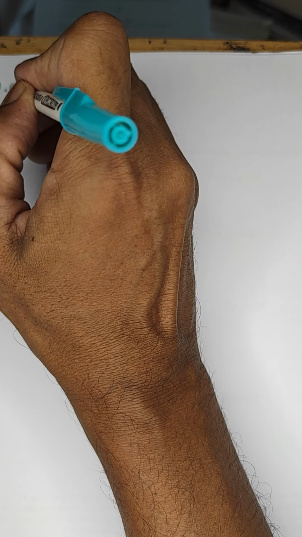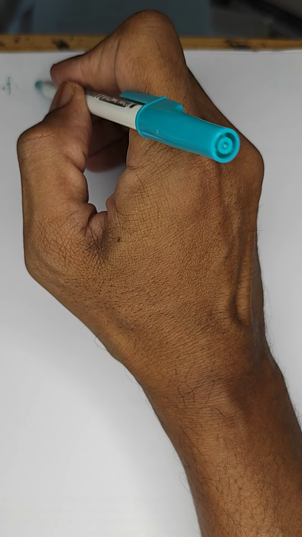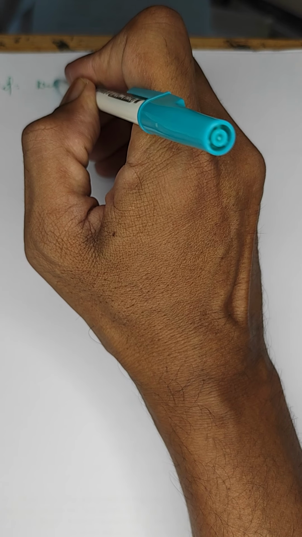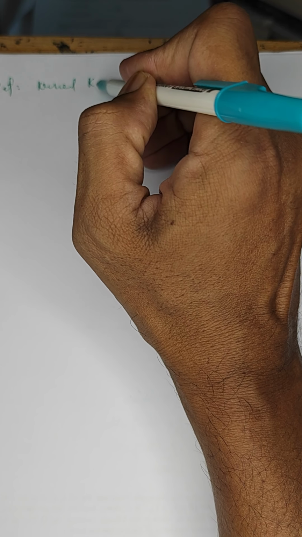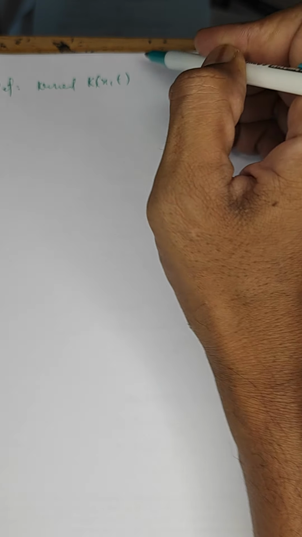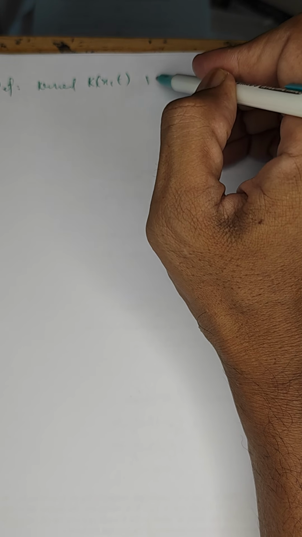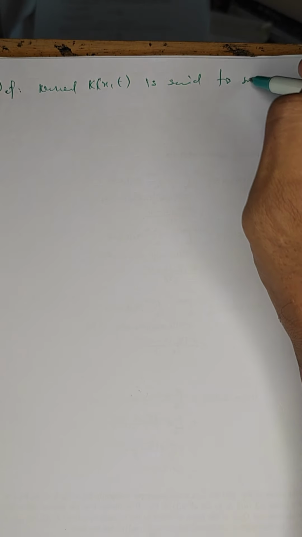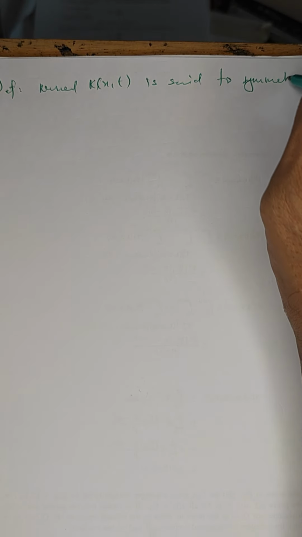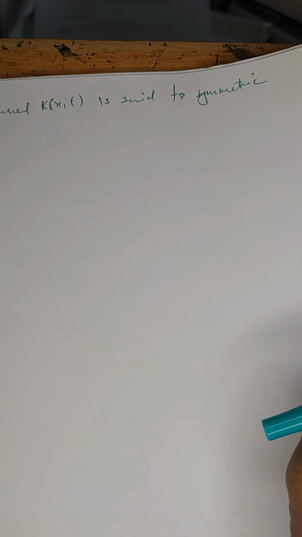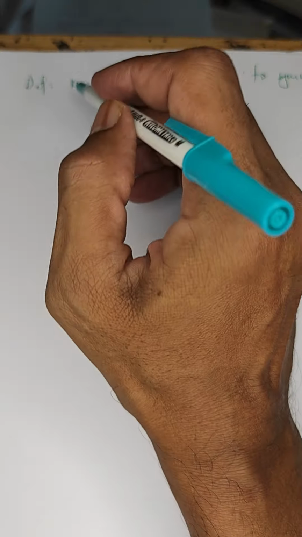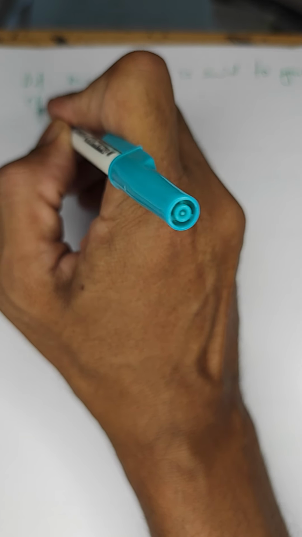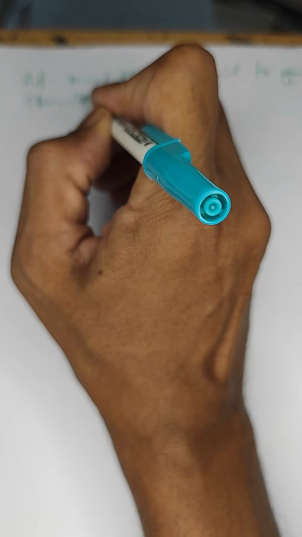The definition: a kernel k(x,t) is said to be symmetric, or also known as Hermitian, which means symmetric,